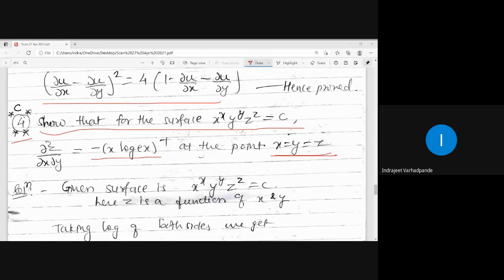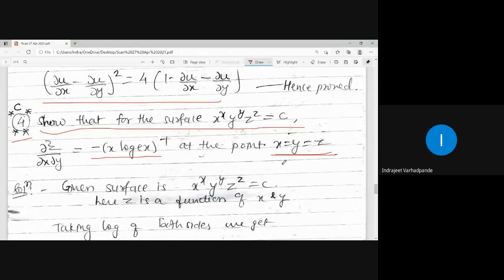So what can you interpret from the given question? Which variable is to be treated as independent and which variable is to be treated as dependent? Because unless you calculate the derivative, you cannot go ahead, right? Out of the given variables x, y, and z, which one is to be treated as dependent and which as independent? Z is to be treated as dependent and x, y independent.